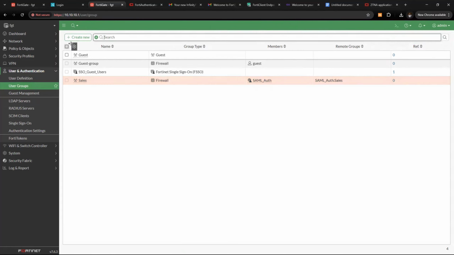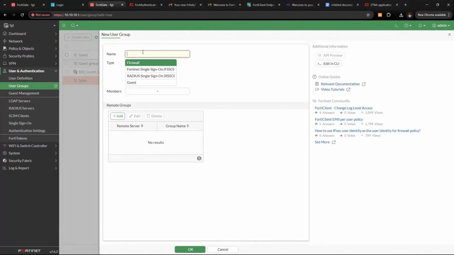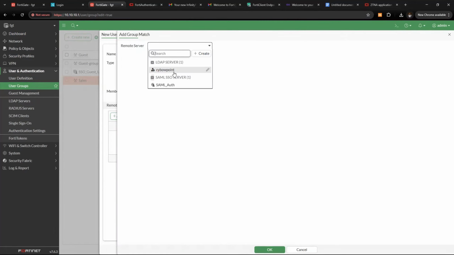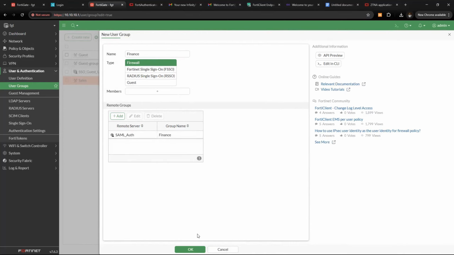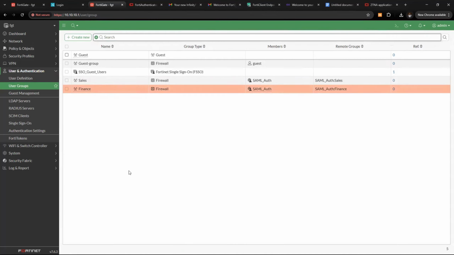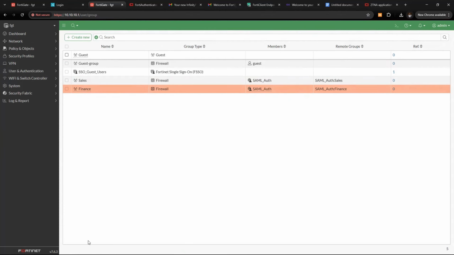Then create another group for finance. Then add the group, relate SAML authentication, finance. Okay, then click OK. So we've created two groups. Then we need to now create the first ZTNA gateway, but before we go ahead and